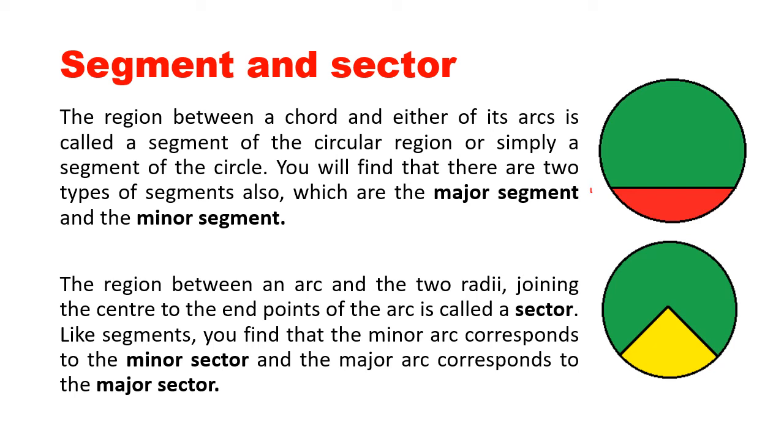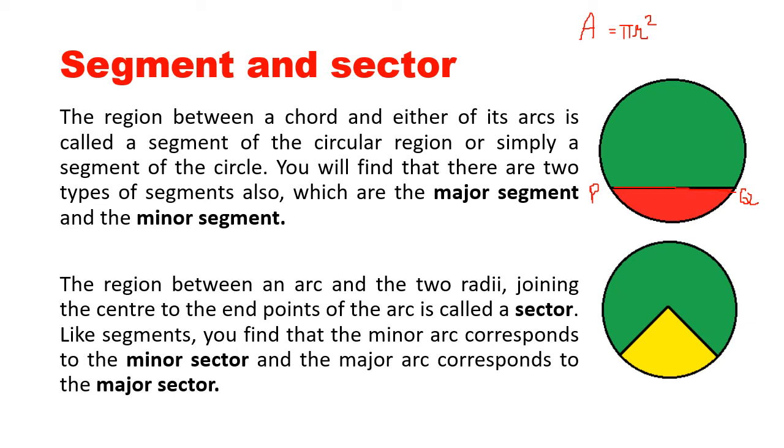Again you can see here, P and Q is the chord. Now if you look at this whole area, see the whole circle. Now you know what is the area of a circle? Area of a circle is pi r square, right? This is the whole area. Now look at this chord PQ.